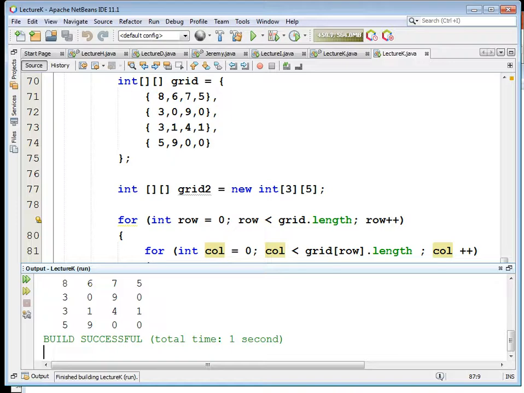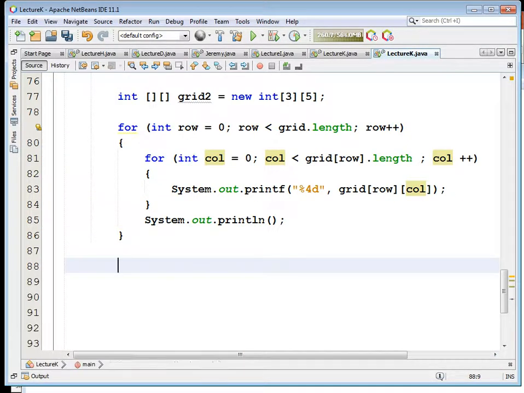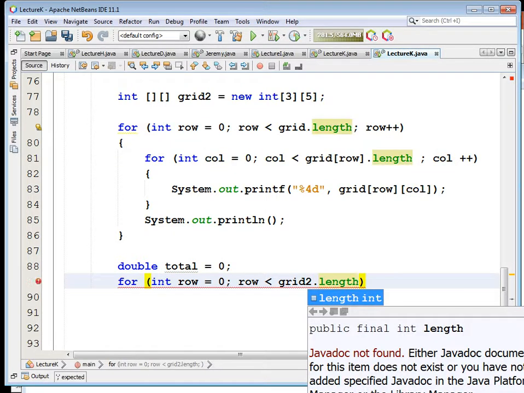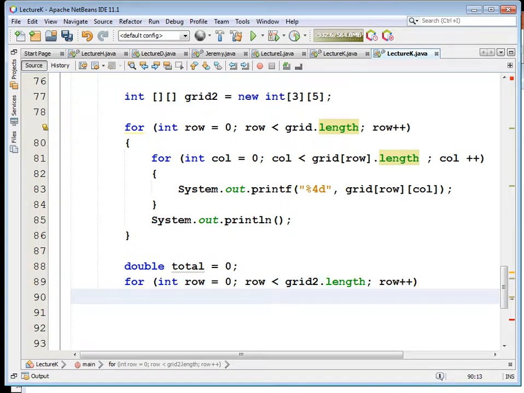What if you wanted to calculate the total? We can do the same thing. Let's calculate the total for grid2. Int total, or double total if you're going to be calculating averages, double total equals 0. For (int row = 0; row < grid2.length; row++)